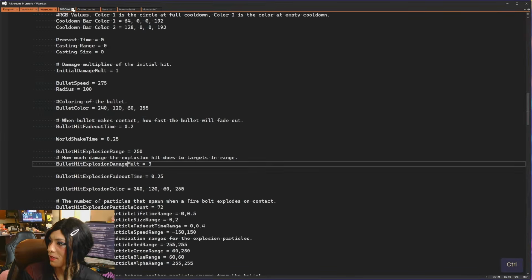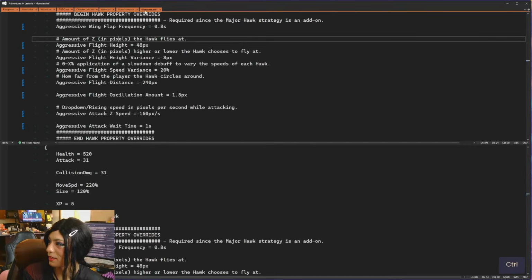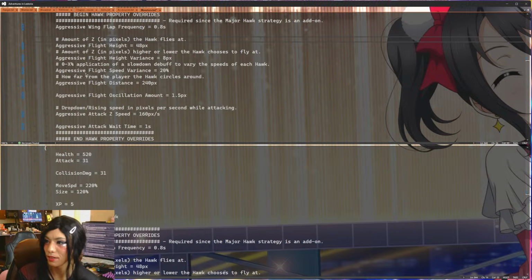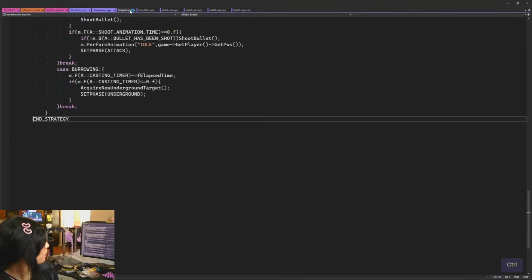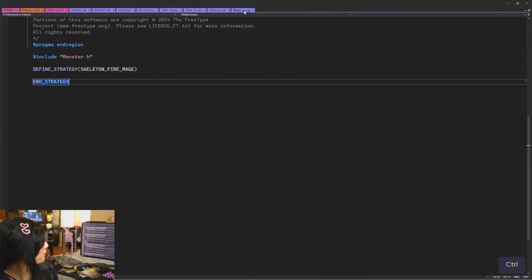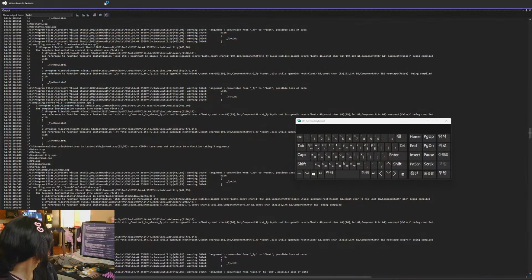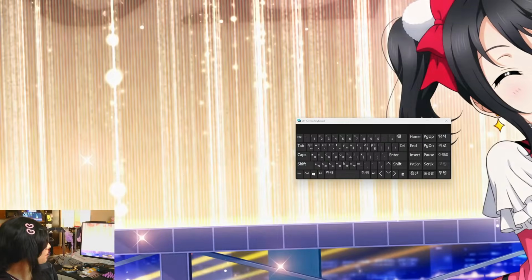Also, what's up with this window not having a background anymore? That's funny. Something happened there. It probably happened over here too, because we just lost a bunch of window stuff. So that's cool.